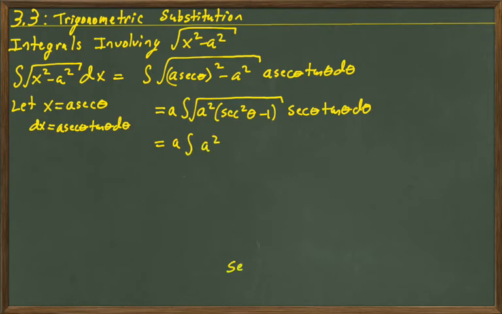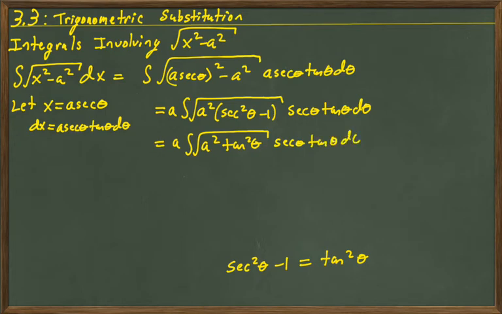Okay, secant squared is equal to tangent squared plus 1. So secant squared minus 1 is equal to tangent squared. So I'm going to make that replacement under the radical, and then secant theta, tangent theta, d theta. And so we're going to be taking the square root of tangent squared. We've got to be careful about